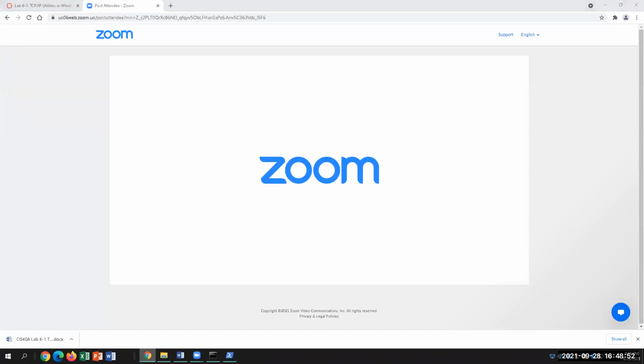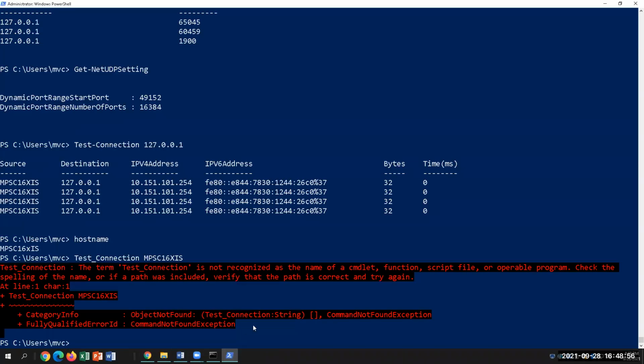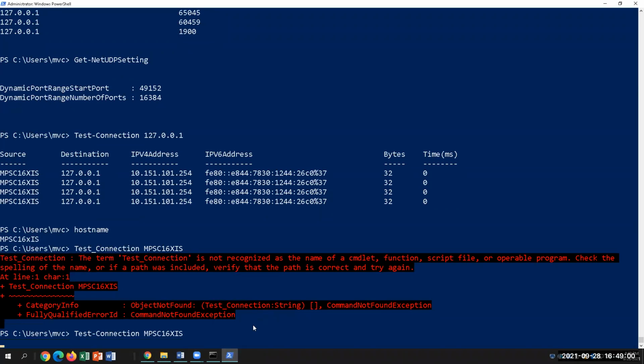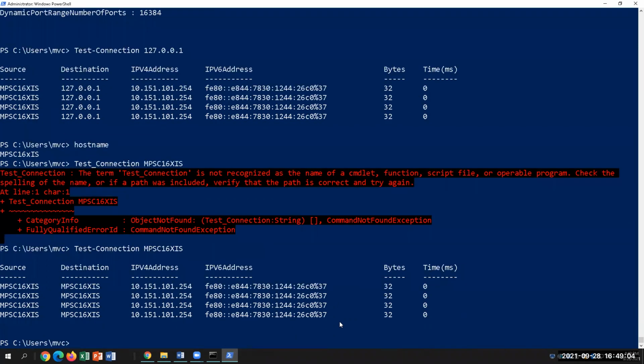Oh, what did I do? I think I put the underscore. Yep. Dash, not underscore. Sorry. So pretty much we are going to get the same thing. So that means that we can do it by the system name and the IP address. Okay. Now, if I wanted to change this up and I use my actual IP,